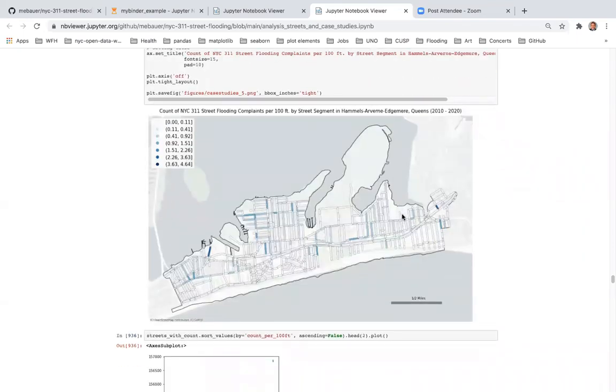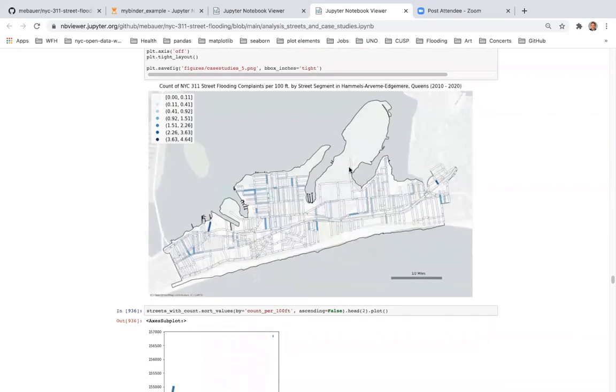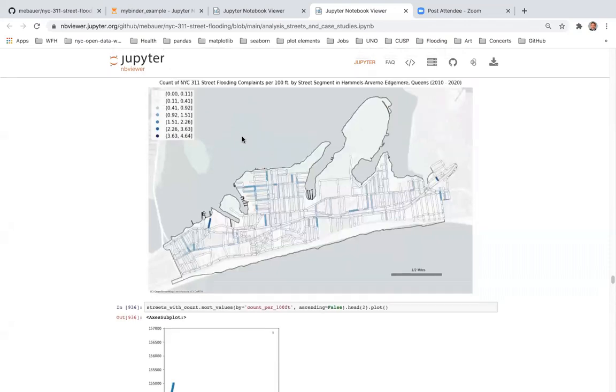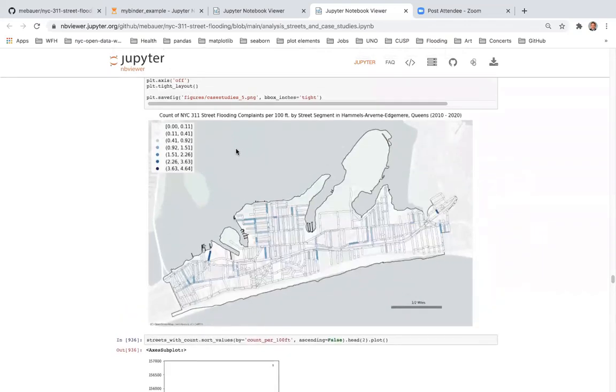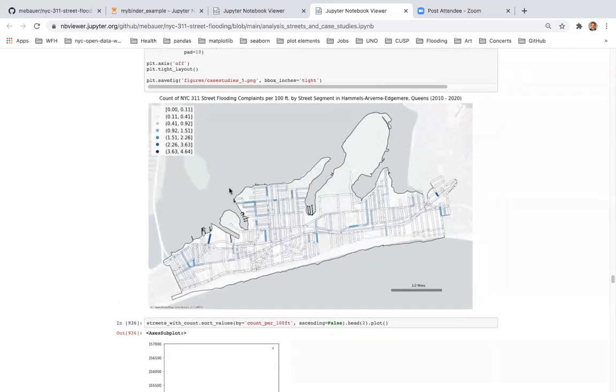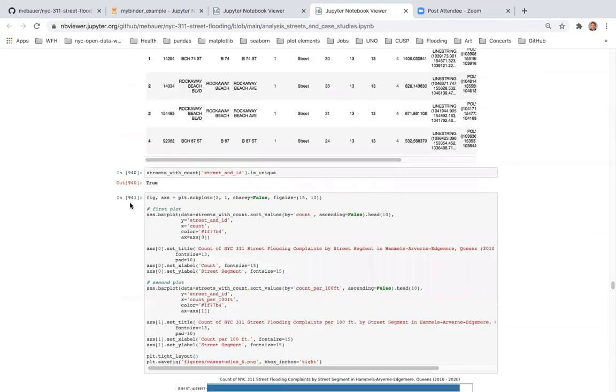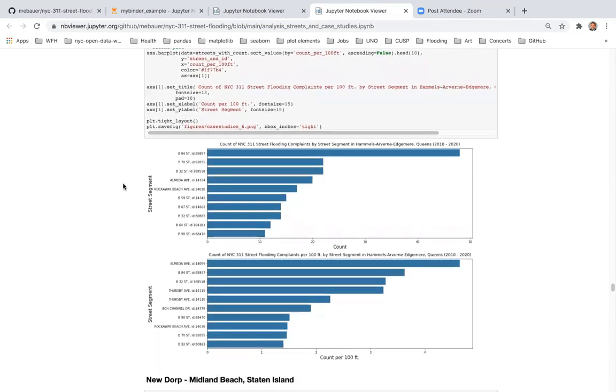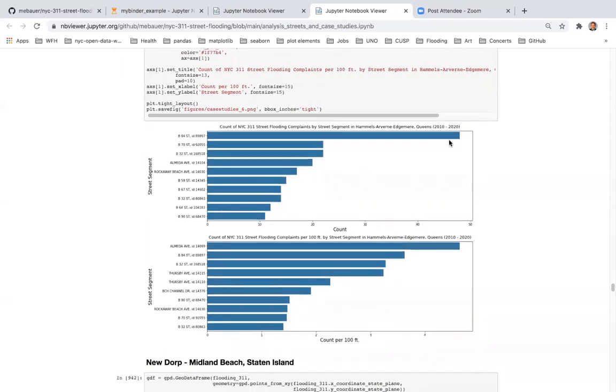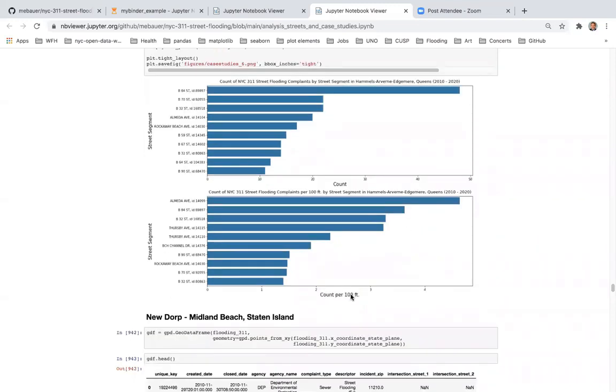And then this shows the count of street flooding complaints per 100 feet. And you can see that there's probably a lot of flooding from the bay with this area. Again, that's just an exploratory question. We can't say for certain that that's happening, but this section does seem like there's quite a lot of bay flooding, sunny day flooding, tidal flooding. Okay, I'll go through this quickly. For this section, you see that Beach 84th Street really is the outlier here, with almost 50 complaints on that street segment. And then we just normalize by 100 feet.